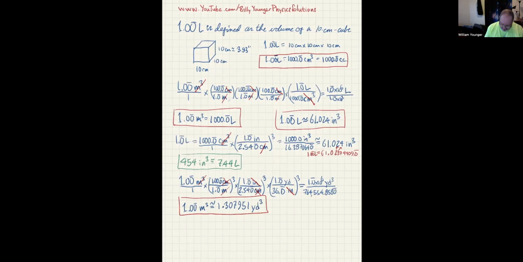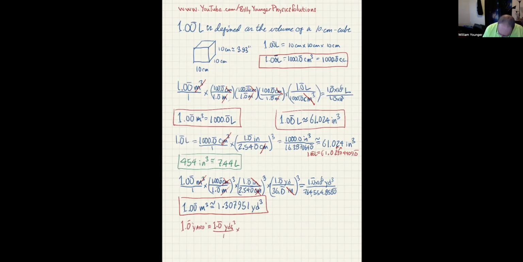Now, finally, I'm asking how many cubic feet are in 1 yard. So let's check that out. Let's see how many cubic feet are in 1 yard. Again, this is a yard in quotation marks. So I'm going to say 1.0 bar yard. We'll put quotation marks on that so we understand that's defined to be 1.0 yards cubed. Put that over 1, and we're wanting to convert that to cubic feet,